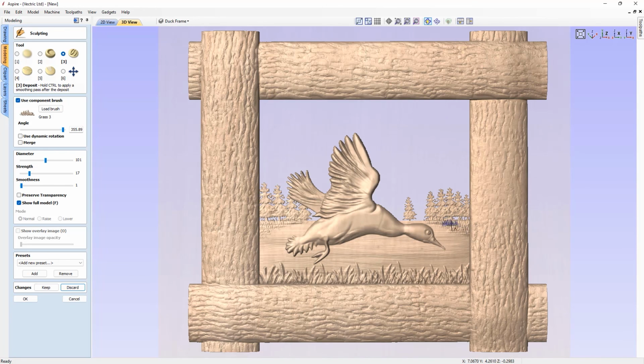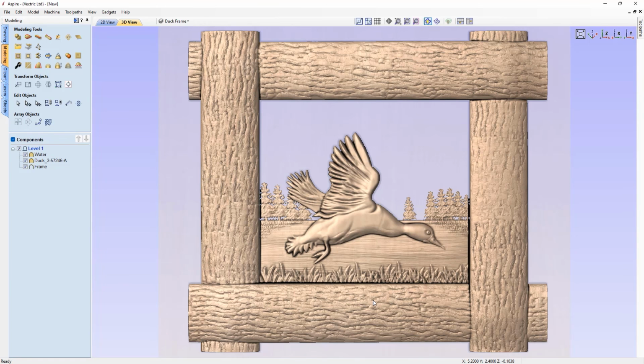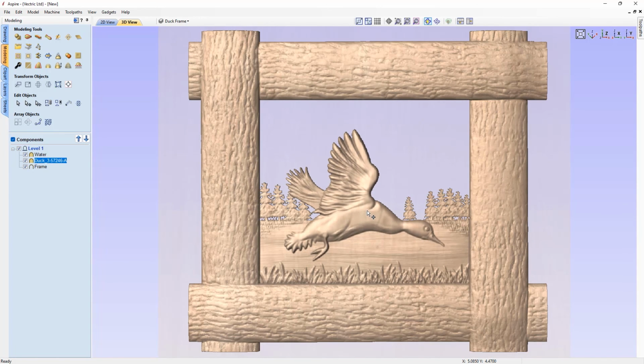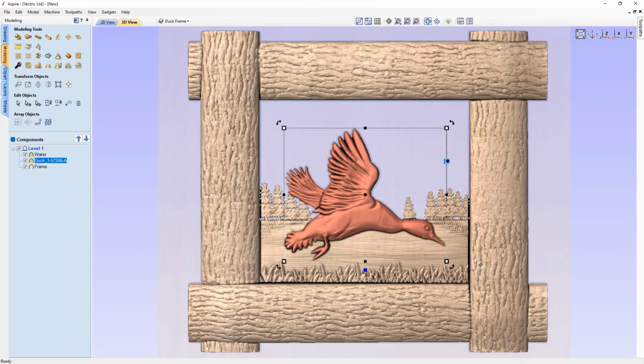Okay, so we've kind of got the gist there. It doesn't look too bad, so we'll go ahead and press keep, and then OK that. So there we have our composition here. Now if we want, we could look at nudging our duck up a little bit, something like that. And you can see the green is where it's hidden underneath